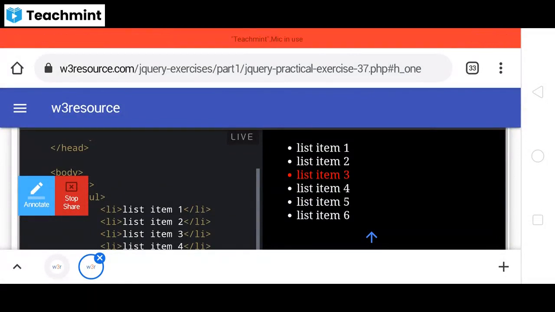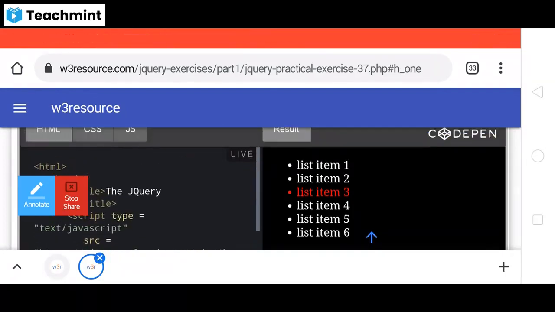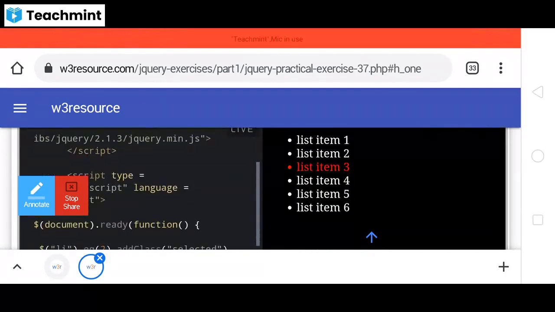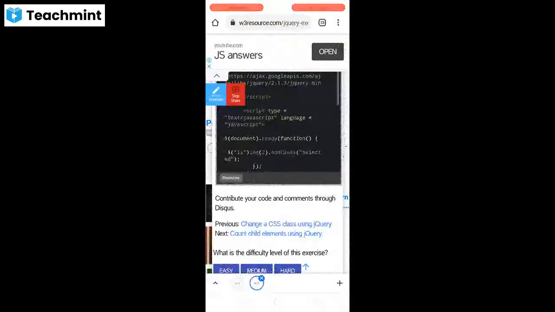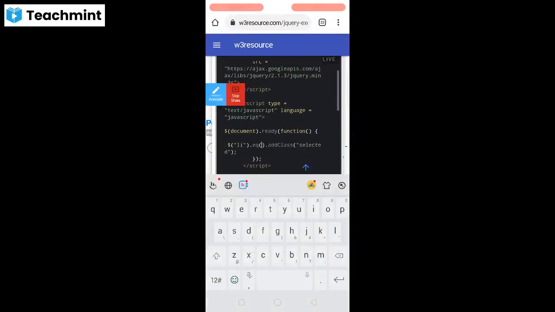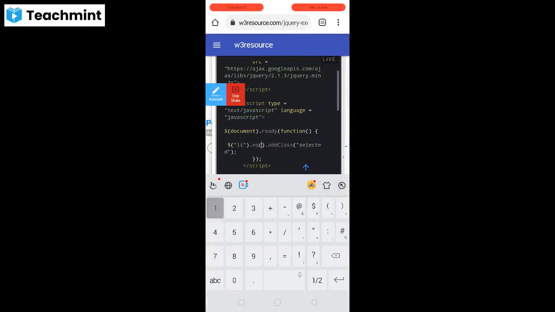List item 1 and list item 2 and so on. If we are going to select any of the items, for example, here I am going to select 1.